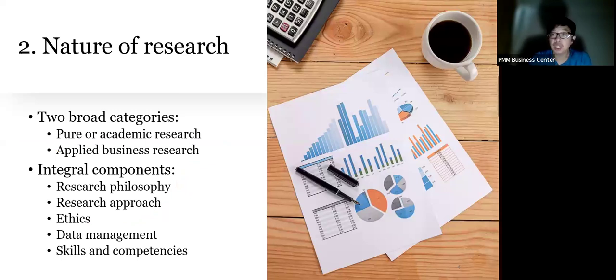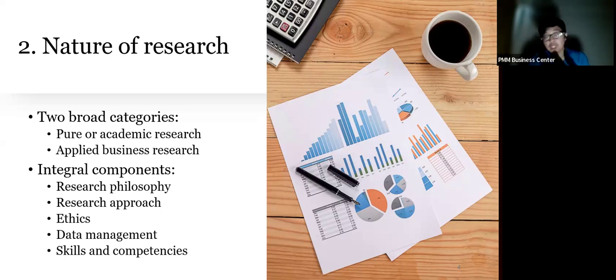Okay, so let me talk about the nature of the research. There are two broad categories of research. The first is the pure academic research, which is also known as basic research. In this category, the research is like building or creating new knowledge in the unknown area of study. The second one is the applied business research, which is like solving a particular problem,